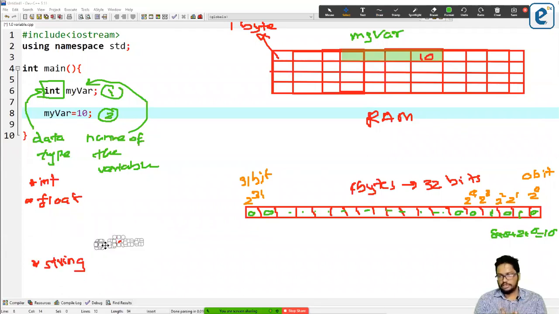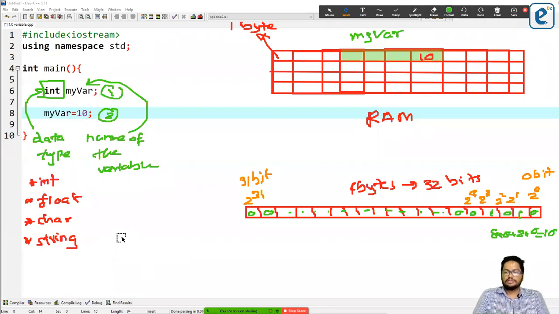So int, float, char, and string. This is the important point: these data types.